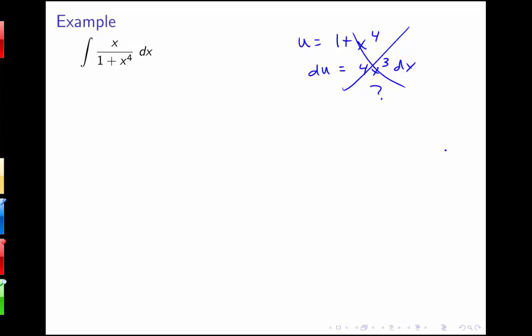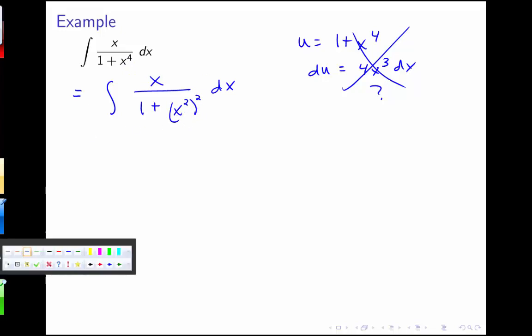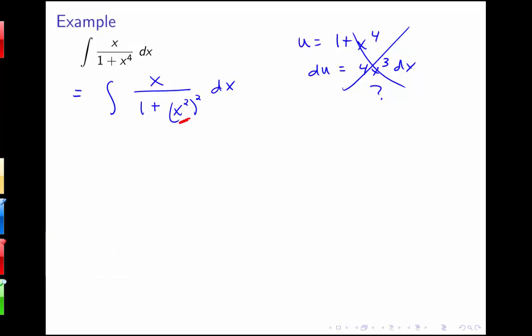If you look at this, you might have to play with it for a little bit, but one thing that I did, sometimes it's helpful to rewrite things in terms of other powers. So we could rewrite this as x over 1 plus x squared, squared, and realize that x to the 4th is actually just the quantity x squared, squared. And then I notice that there is a relationship here between this x squared and x, so that if I let u be x squared,